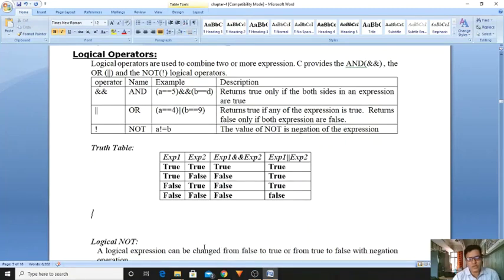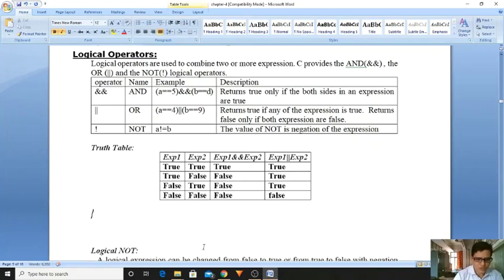Now I will explain it briefly by taking an example of your marks. S1 is your mark, and you have scored 85. S2 is also your mark, and you have scored 95. S3 is your mark, and you scored 75.